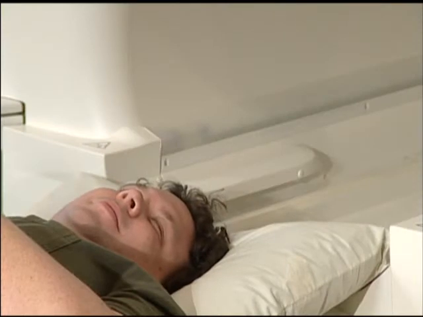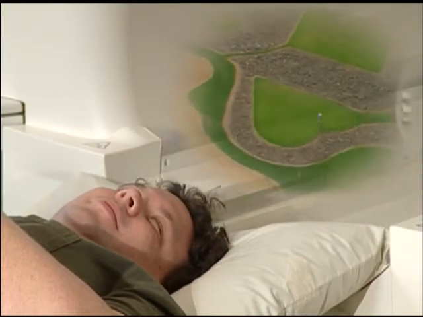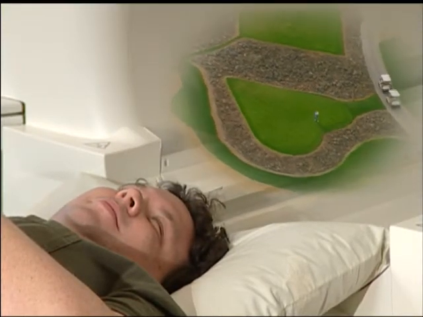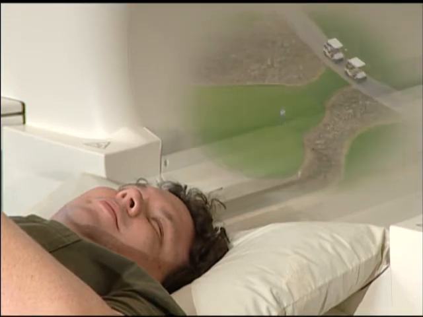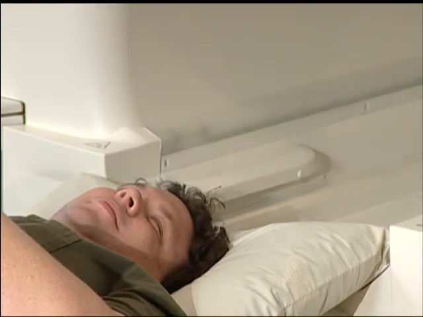Mr. Smith enjoys golfing a lot. Perhaps he's thinking about his favorite course, concentrating on how relaxed he feels when he's playing. Think about something you enjoy doing. It really helps. Once complete, your magnetic resonance images will be processed and sent to your physician, who will discuss